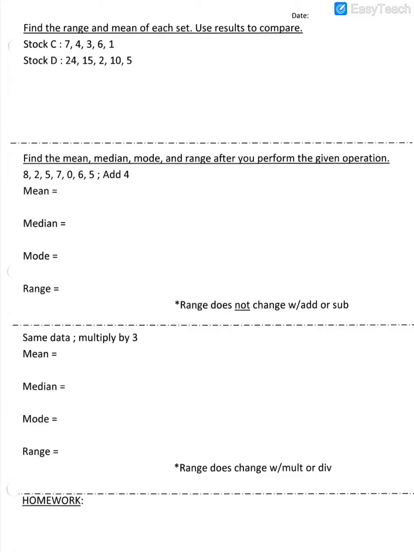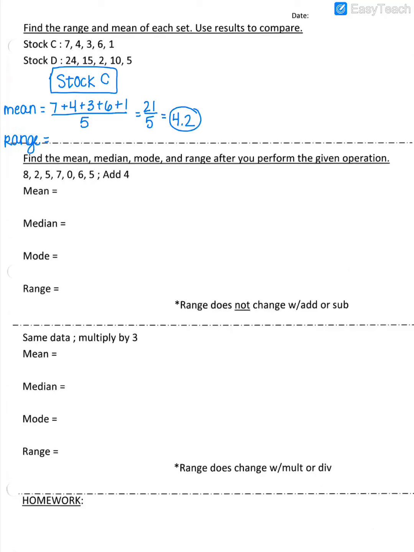So I have stock C, and so the mean, I'm going to add up all those numbers. Looks like I have 5 of them, so I'm going to divide by 5. So 7 plus 4 plus 3 plus 6 plus 1. All right, so we get 21 divided by 5, which is definitely going to give us a decimal here. We get 4.2. All right, so there's our mean, and our range